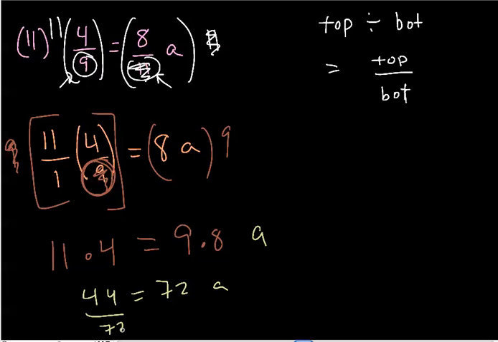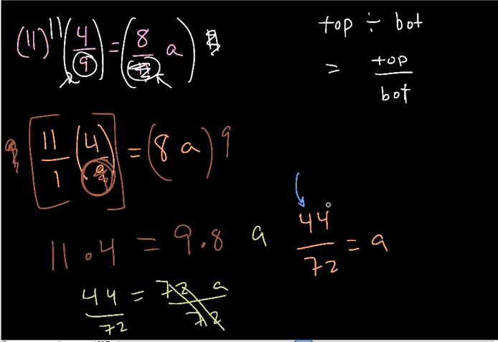Divide both sides by 72. The 72s will cancel out, and I'm left with 44 over 72 equals a. Now, this is not in simplest form, but I know something might go into that 44, and guess what? I'm thinking 4 might do it. So if we divide the 44 by 4, we'll get 11. And if we divide the 72 by 4, we are going to get 18. Do that on your calculator when we get